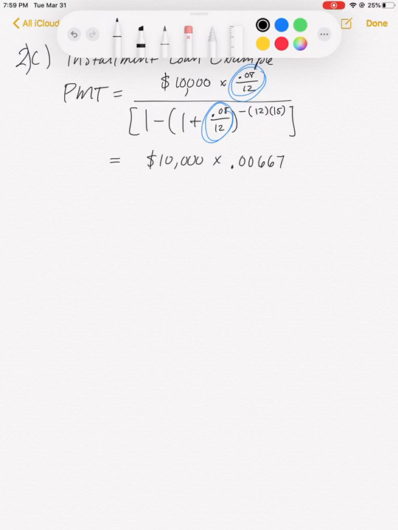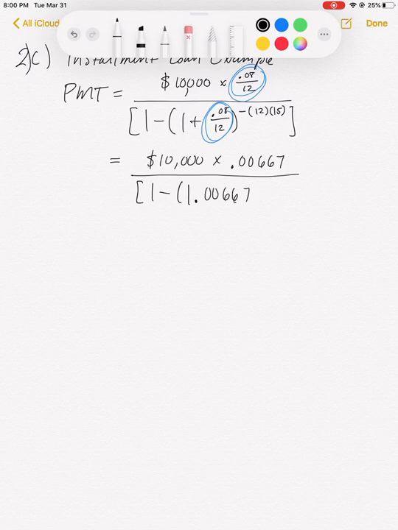And it's actually a number that goes on forever: 0.0066666666. So for my handwork, I'm going to write down only the first few digits. Okay, and so I'm going to divide that by 1 minus 1 plus 0.06667 is going to be